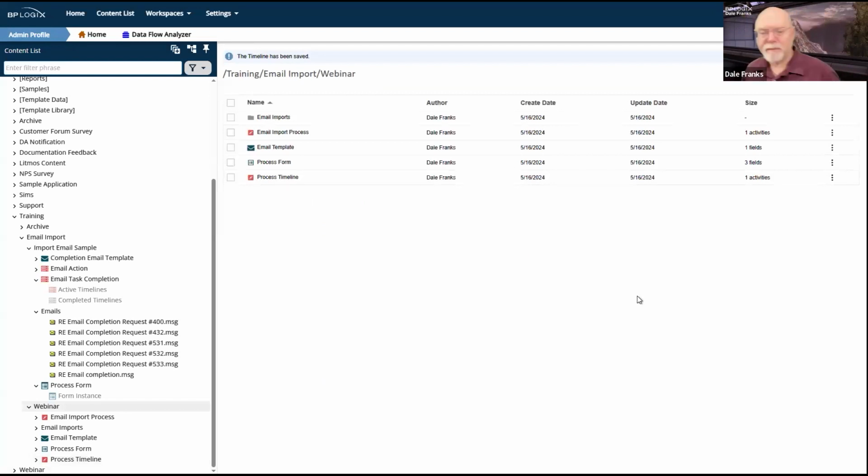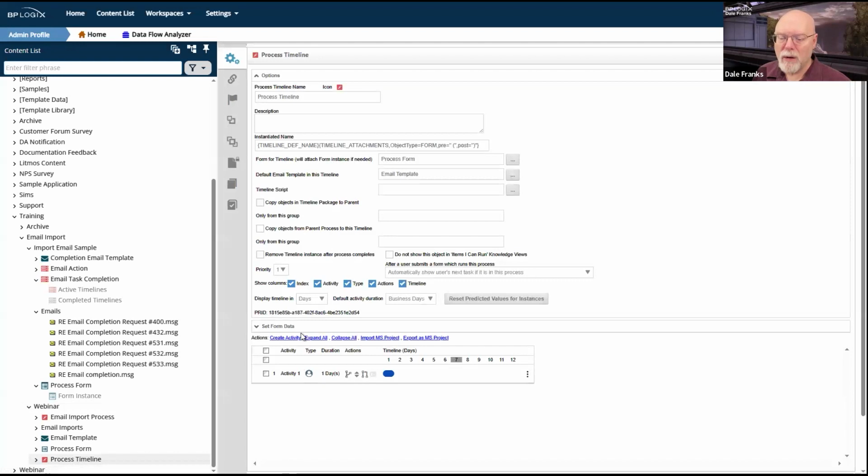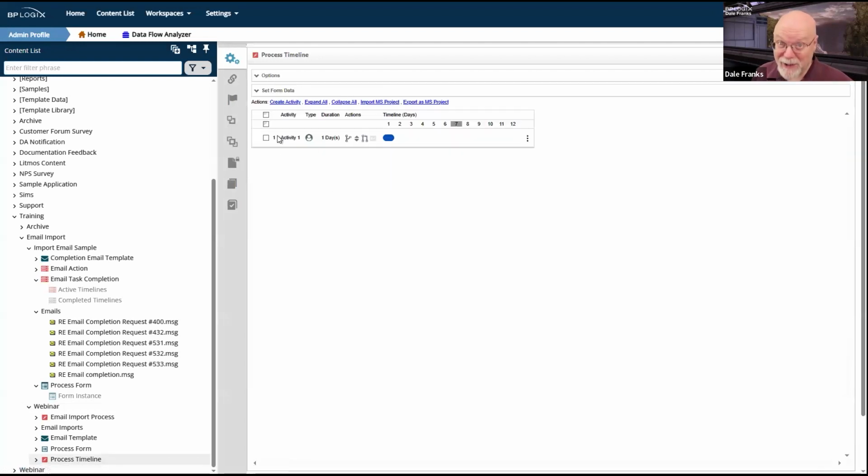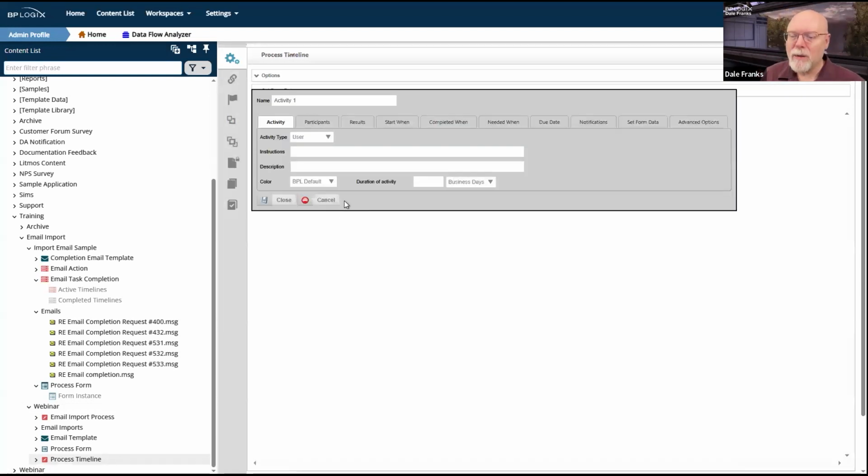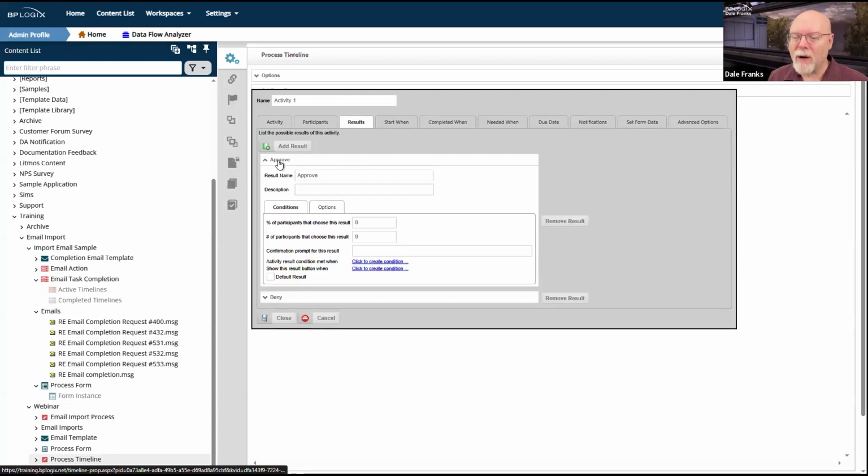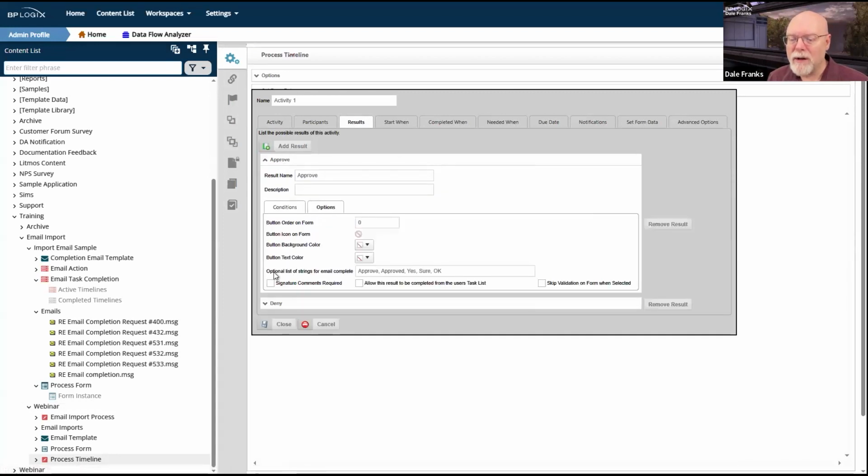Okay. So I believe I have everything I need to make this run. Forgive the review, but I need to do this review for me. I have a process timeline with a user activity. I've got results that are configured to parse email strings.